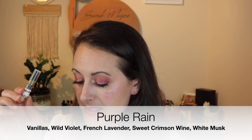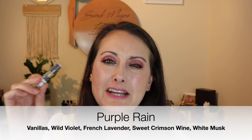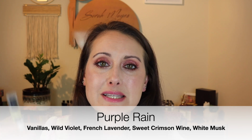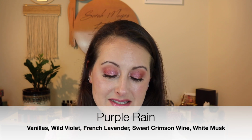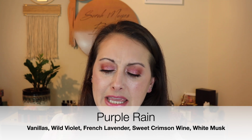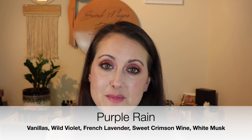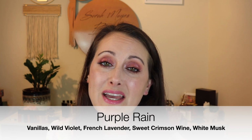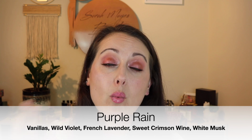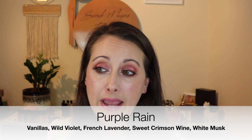Okay, next we have got Purple Rain, and I think this might be one of the ones that they included. Actually, I don't know. I might have ordered this. It's vanilla and violet and lavender, and it says a crimson wine note. So, oh my gosh, it's beautiful. It's creamy and sweet, and you do get a slight booze from a wine note. It's also got some musk in it, so it's quite